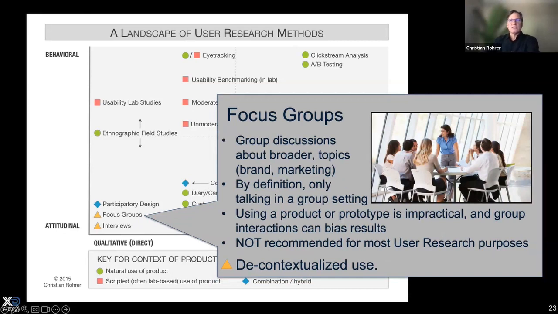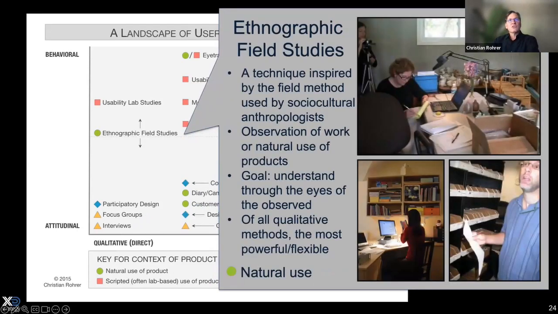But it exists, and it's an attitudinal method out there that's known. Field studies, probably my favorite qualitative method, where we go out into the real world, and it's a natural context of use because we're trying not to interfere with what they do and how they do it, but really meet people where they are. And so it has a lot of great qualities in that you're really looking at and seeing for yourself the natural variation that you might see out there. And I love this set of methods because they're just so incredibly generative and powerful.